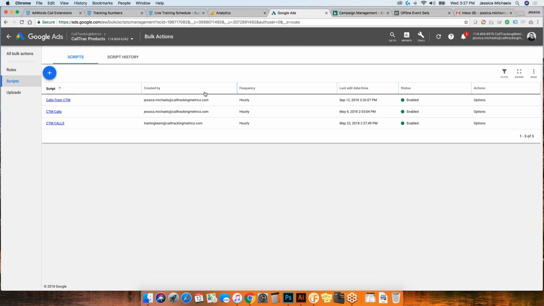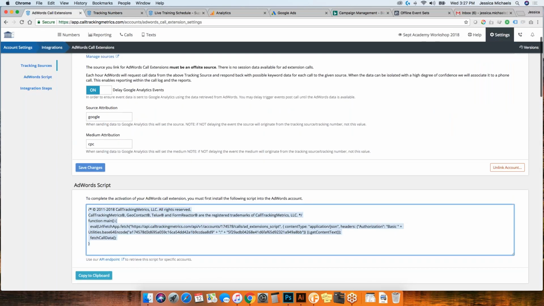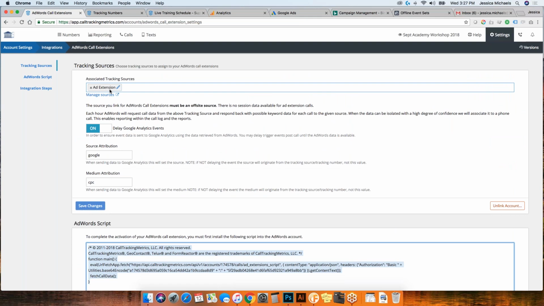And what it's going to do is it's going to be pinging Google saying, hey, have you tracked any calls to the source that we specified, in this case, add extension, and if you did, will you pass us the campaign, ad group, and keyword data from that call? So that is why we give the option to delay sending that event into analytics.